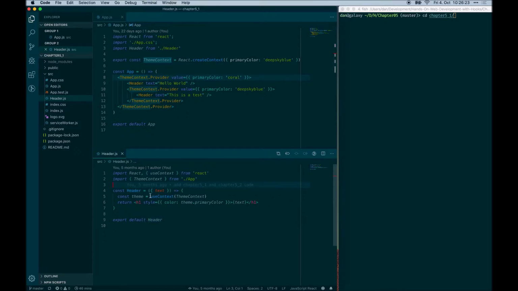The header component uses the context hook to get the theme context value, and the context provider here provides the color coral, and we also have a second header which is nested in a different provider which provides the color deep sky blue. So what we expect is that this context provider here provides the color for the first header,